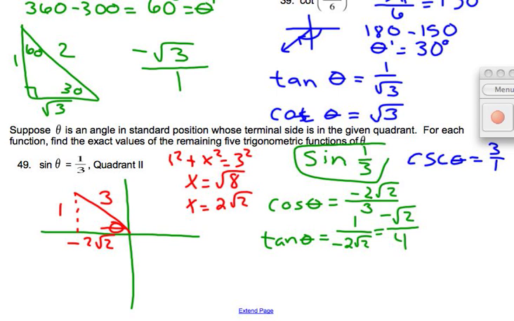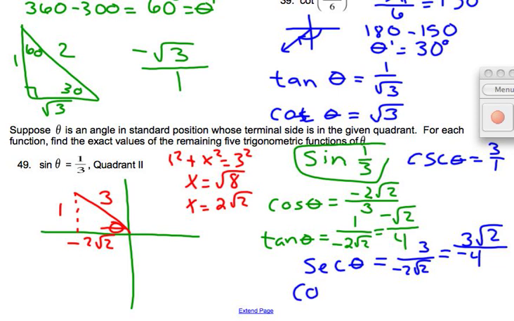The secant is the reciprocal of the cosine, so I'm going to have 3 over the negative 2 square root of 2, but again, we can't have that square root of 2 in the denominator, so multiplying both the top and bottom by the square root of 2, I get a 3 square root of 2 all over 4. As I multiply square root of 2 by square root of 2, I get a 2 times the negative 2. Don't forget to take that negative sign with it. And then the cotangent is the reciprocal of the tangent, so I'm going to have a negative